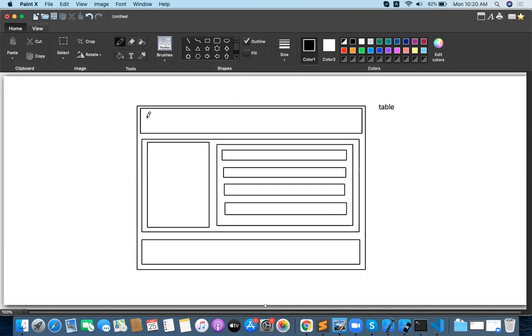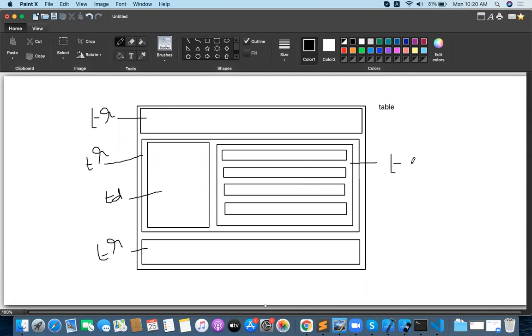This is the first tr, this is the second tr, and this is the third tr. And in the center tr, we take two columns. This is the first td, and this one is the second td.